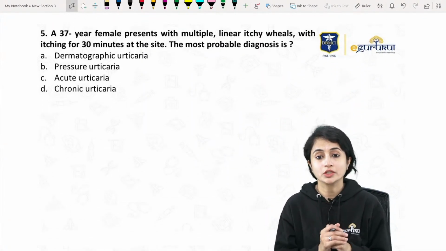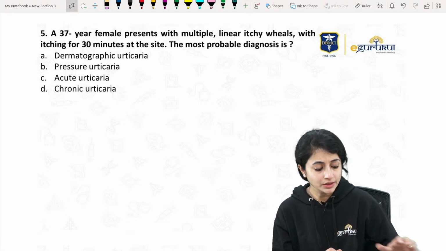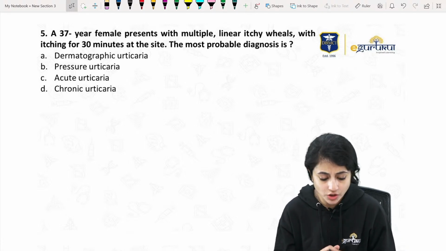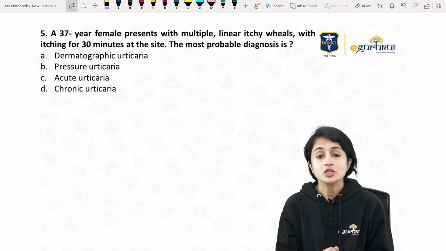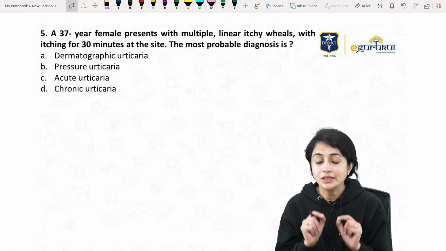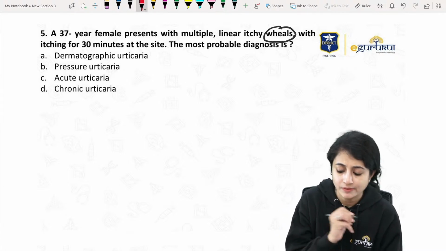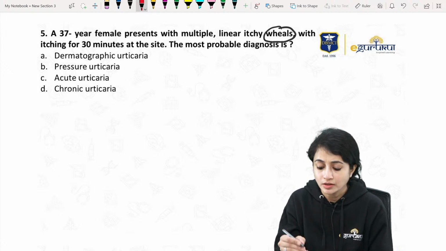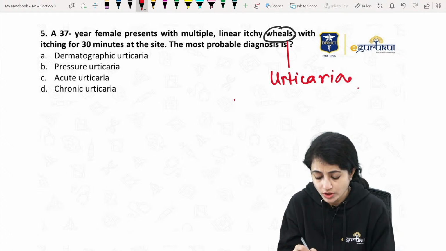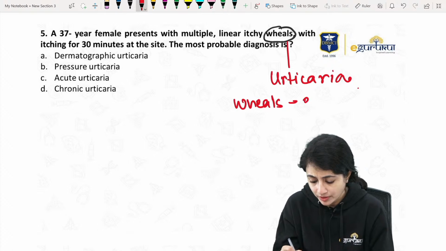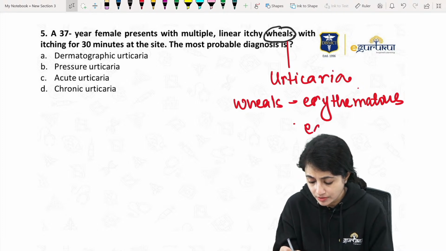So moving on to the next question. A 37-year-old female presents with multiple linear itchy wheals with itching for 30 minutes at the site. The most probable diagnosis is. So there is a female who's presenting with linear itchy wheals. Now, whenever you see this word wheals, a wheal is a pathognomonic lesion of urticaria. What are wheals? Wheals are erythematous, edematous,